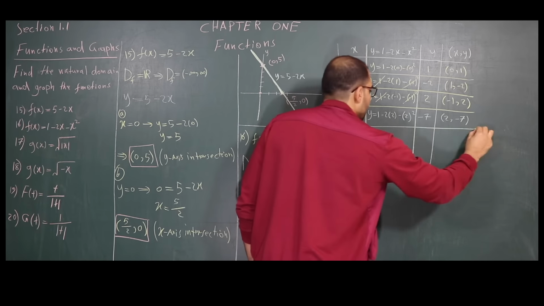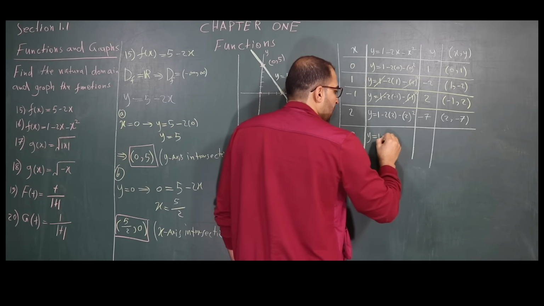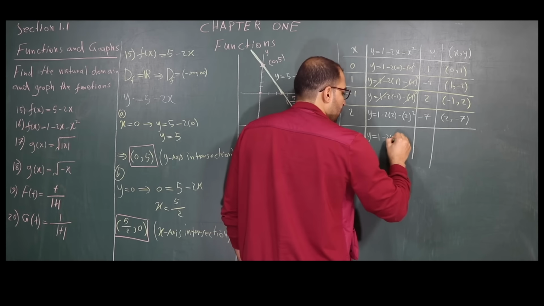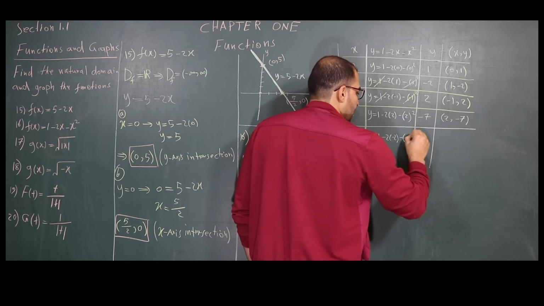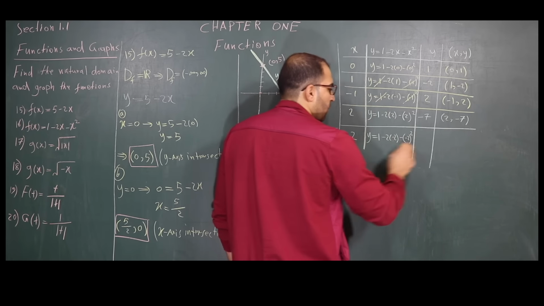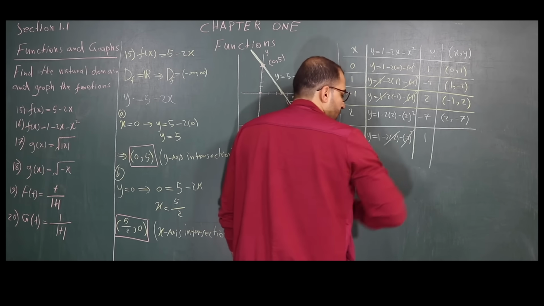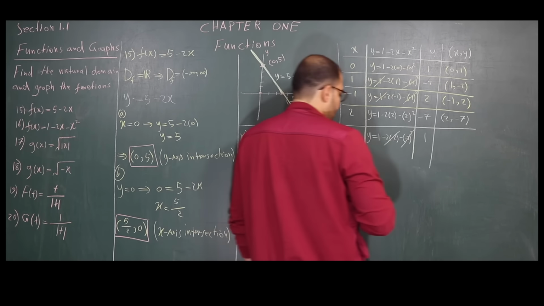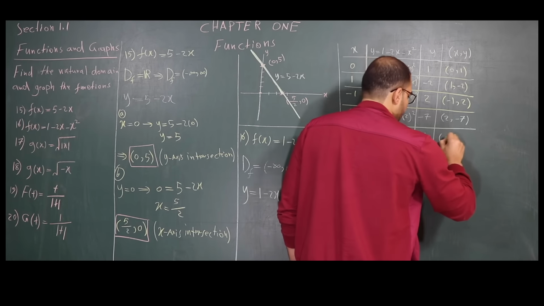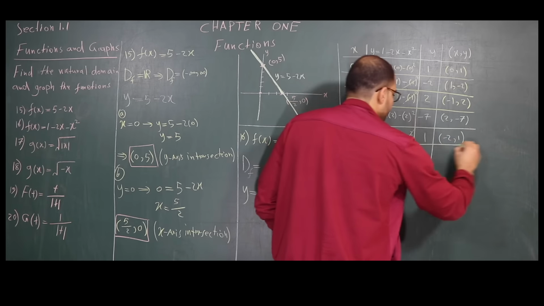Then minus 2 here: y equals 1 minus 2 times minus 2 minus negative 2 squared. That will be plus 4, and minus 4, so the result will be just 1, because the positive goes with the negative, and the result will be minus 2. And after I found the table,